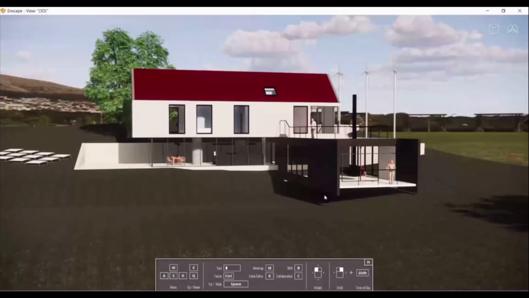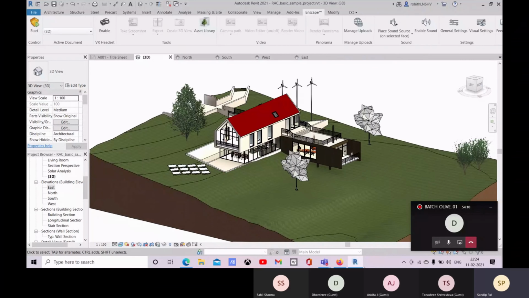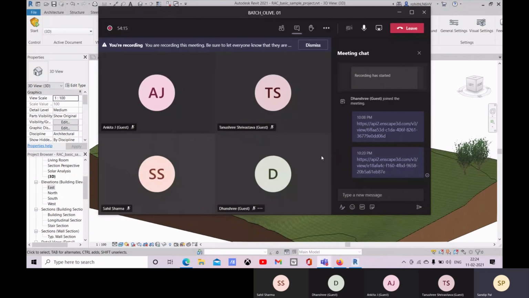This is how you access your Revit project in Inkscape, and you get realistic images, realistic rendered videos, and panoramas in real time. You can see that within a few hours we got all this. So that's the best thing. Okay, so this is all about Inkscape, and this is the end for today. Guys, practice this.